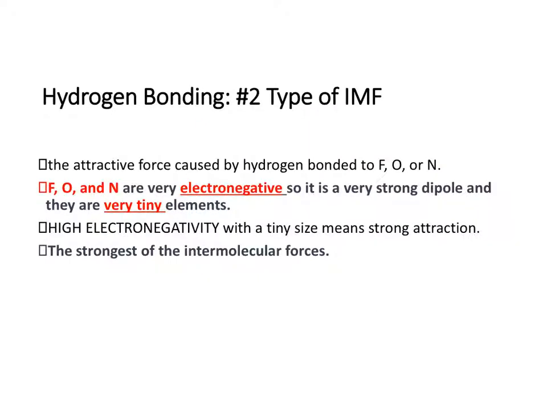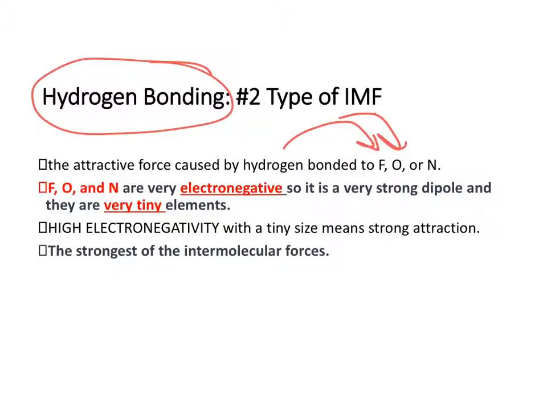The other type of intermolecular force that we're going to learn about is called hydrogen bonding. And this is the strongest of the intermolecular forces that we're going to talk about today. Whenever hydrogen is next to and bonded to a fluorine, oxygen, or nitrogen, there is a very, very strong dipole, meaning that between like the oxygen and the hydrogen